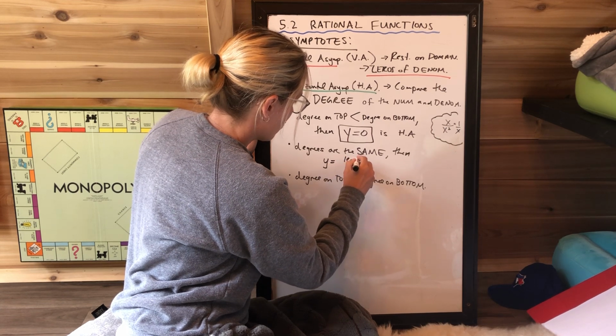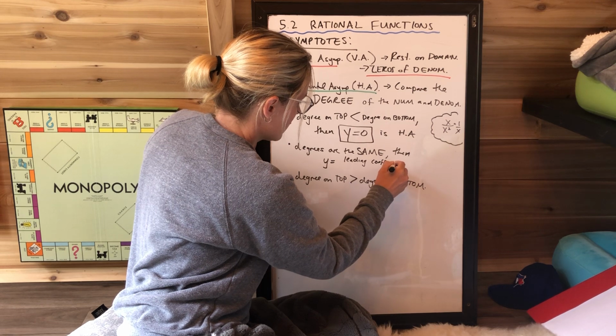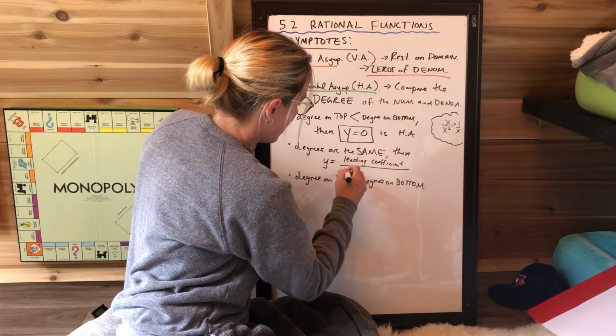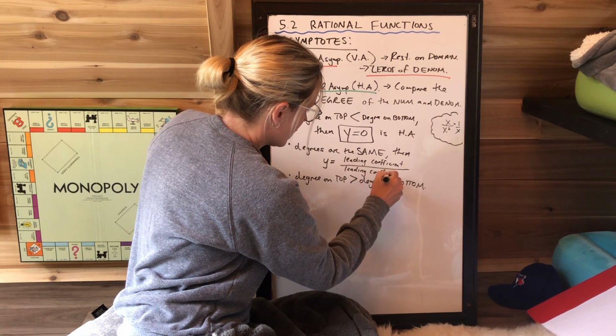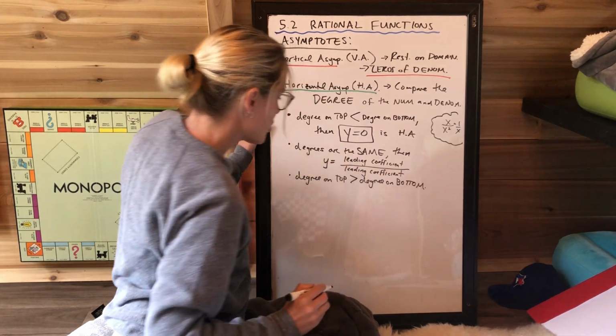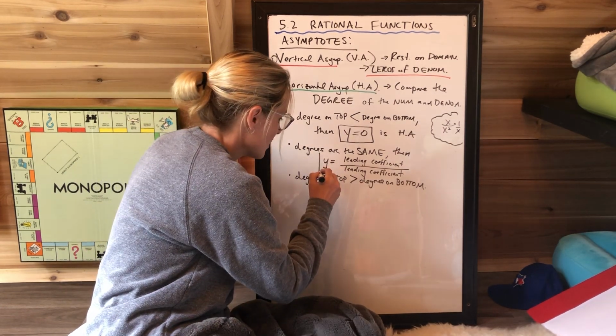the horizontal asymptote is going to be the ratio of the leading coefficient on the top divided by the leading coefficient on the bottom. The question is, do you remember what leading coefficient on the top and leading coefficient on the bottom means? Okay, so